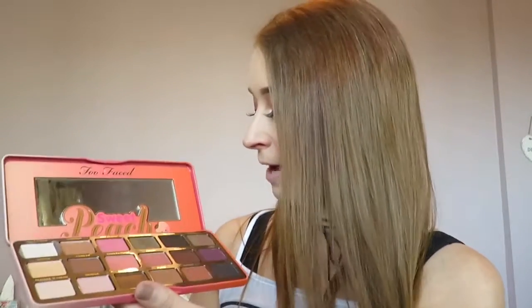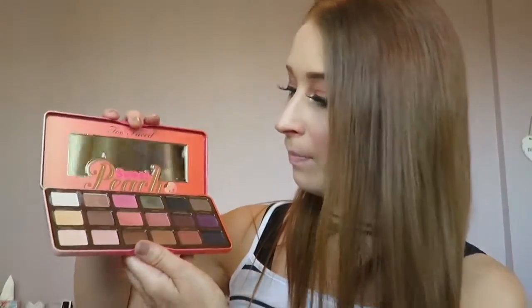Now I love matte shades, but I only ever really use them as a transition or in my crease. So I was quite looking forward to the shimmers. Some of these shimmers are really sort of muted shimmers, and some of them are quite chunky glitter, more like a thick highlighter. So the ones that I've used today to create the eye look that I've done today are